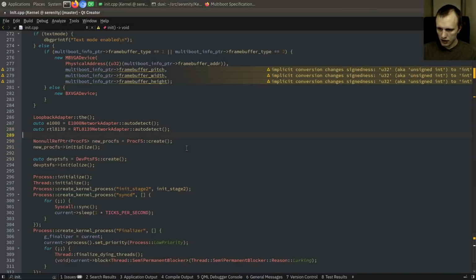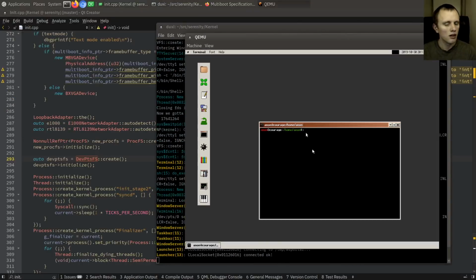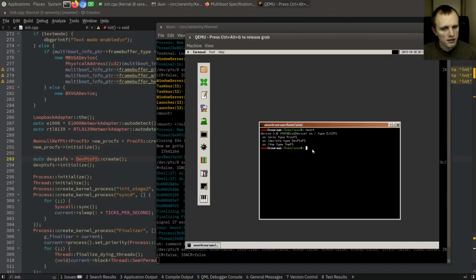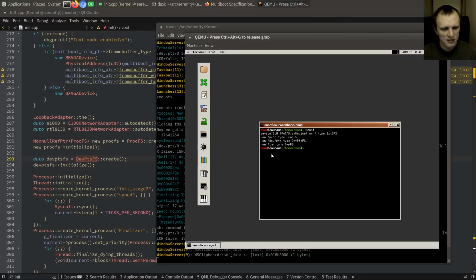And then after that, we make the procfs, and that's this big class of its own. And then we make a devptsfs as well for pseudo terminals. And devptsfs is kind of interesting. It's oh shit, the mount command. Need to fix this. There's something missing there. But basically,